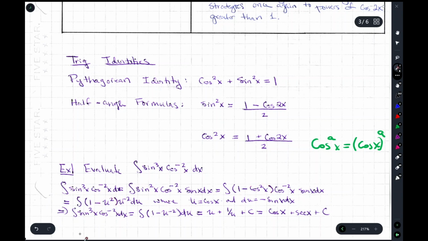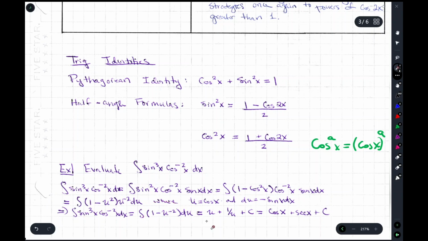Once you distribute the u to the minus 2 into the parentheses 1 minus u squared, you'll end up with this expression here,